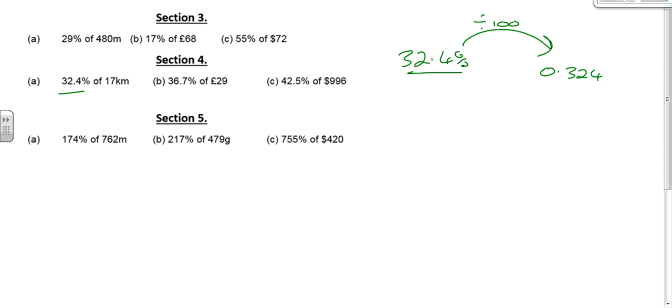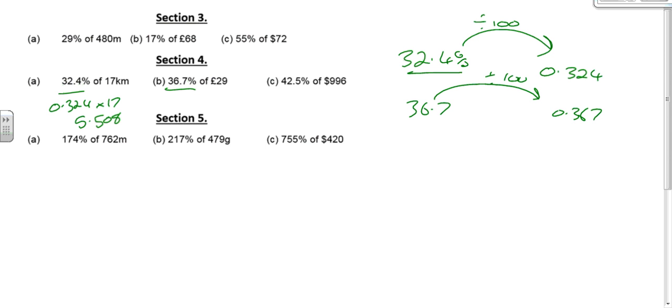So all we need to do is 0.324 times by 17. And if you do that on the calculator, 0.324 times by 17 is 5.508. Next, we've got to figure out what 36.7 is as a multiplier. So 36.7, we need to divide it by 100. And we get 0.367. So next we've got to do 0.367 times by 29. 0.367 times by 29 is